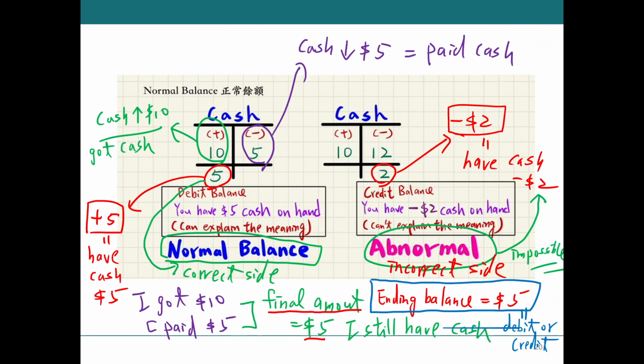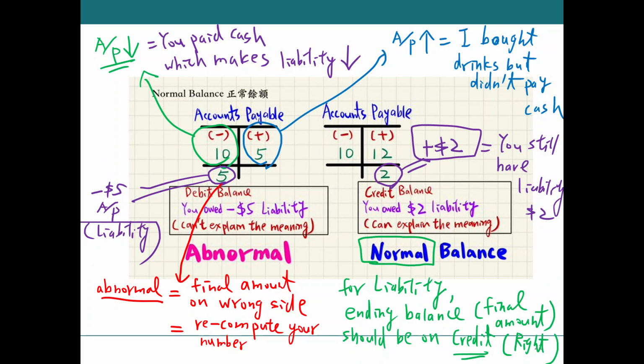So cash, normal balance on debit. For liability, normal balance on credit. So what's the rule? Final amount should be on